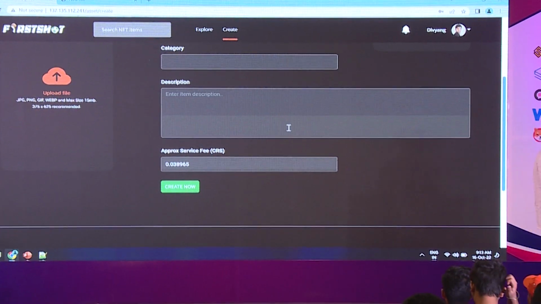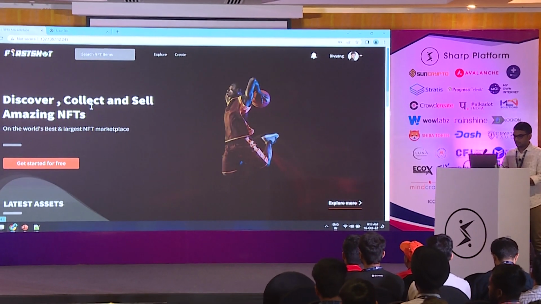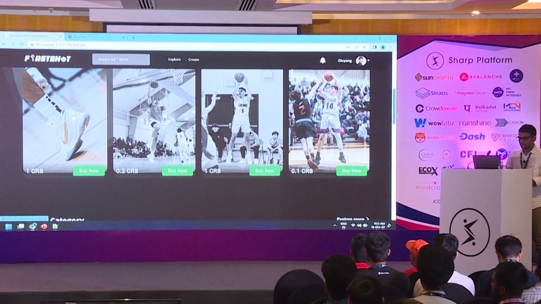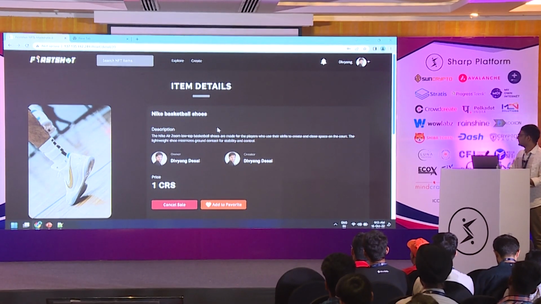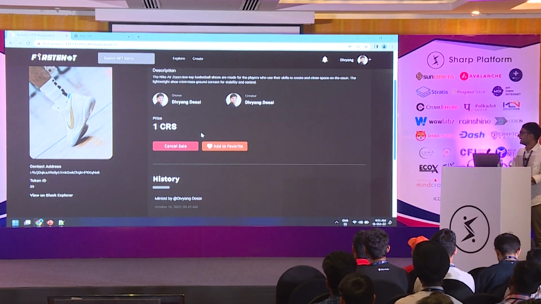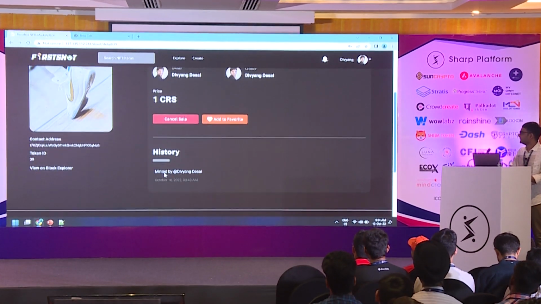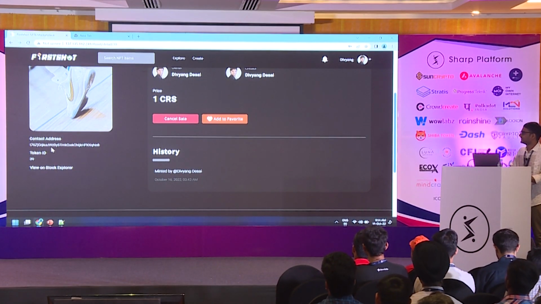So I think our NFT has been created. Let me see. Yeah, here it is. You can see I'm the current owner and the creator of this NFT. I can cancel it from the sale. I can see the history, minted by me on the date and time, and this is the smart contract address.